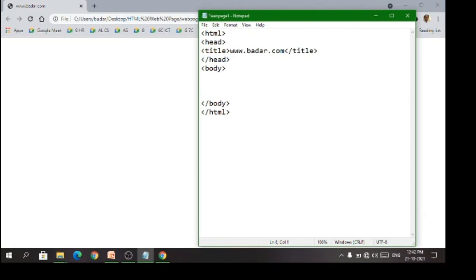We are making it very simple. We are just adding one line: this is the first web page designed by me, and a full stop.